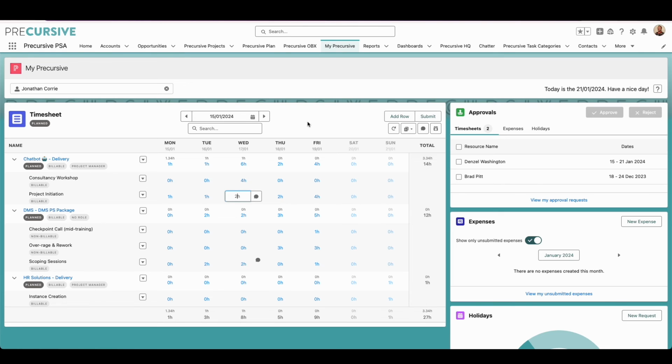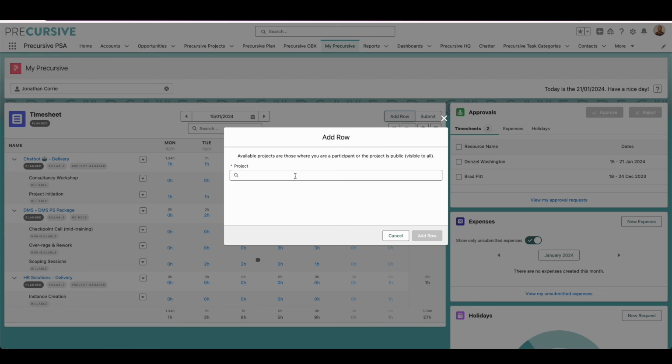So now let's look at how we can book our time. So I'm in my Precursive, which is bringing up my timesheet. Precursive populates with the planned hours from the projects or the project plan. Alternatively, we can just have effort laid out across a period of time. We can also see, here's the hour that I dropped in for the HR Solutions project on that instance creation earlier on. And if I want to add or update time as I review my timesheet at the end of the day or the end of the week, I can just come through here and tab through, put in comments if I need. If I want to drop something else in, I can add in a new project,